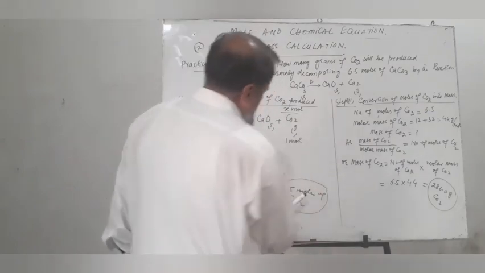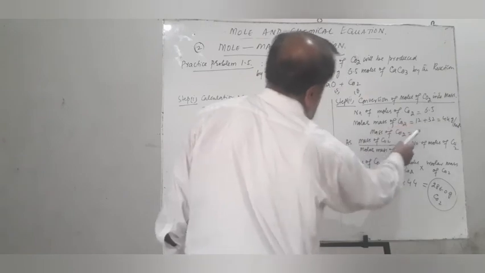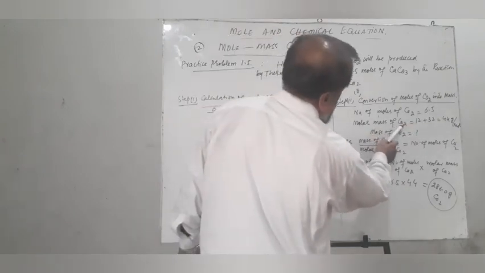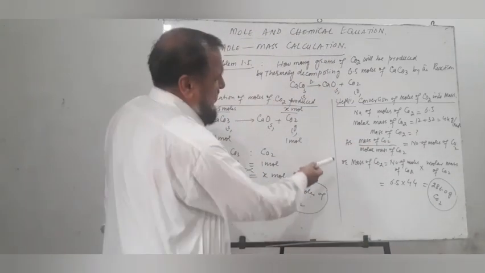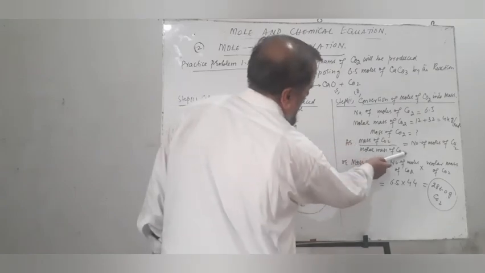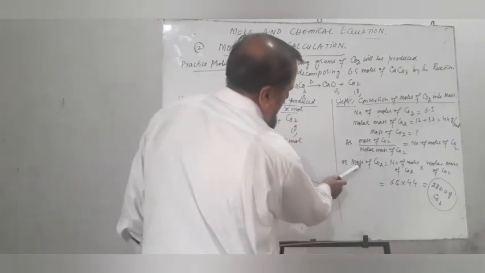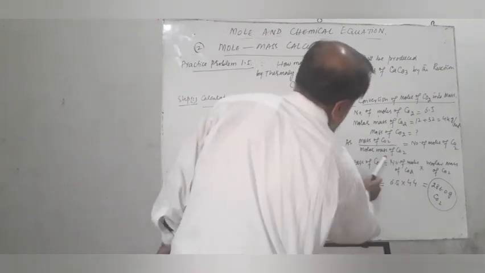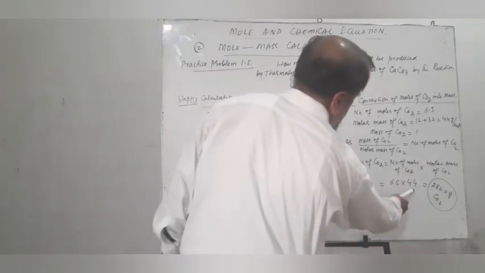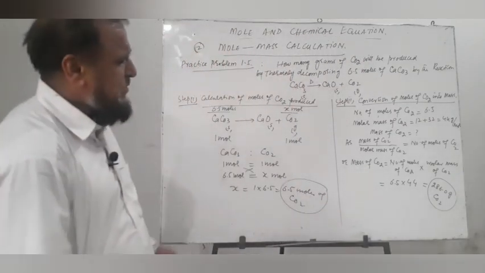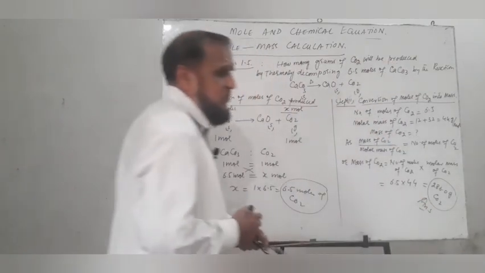Now in the second step we convert these moles of carbon dioxide into mass. The number of moles of carbon dioxide is 6.5. The molar mass of carbon dioxide is 12 plus 32, which is 44 grams per mole. We have to calculate the mass of CO2. We know that mass of CO2 divided by molar mass of CO2 is equal to number of moles of CO2. Rearranging this equation, we get mass of carbon dioxide is equal to number of moles of carbon dioxide multiplied with molar mass of carbon dioxide. We have 6.5 into 44 is equal to 286 gram carbon dioxide. It is the answer of the question. So this calculation also involves 2 steps.